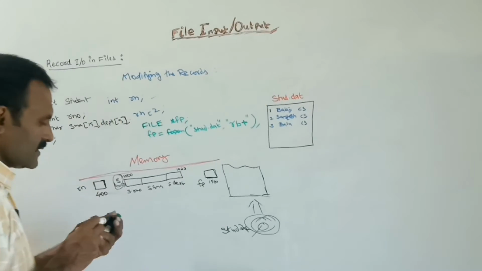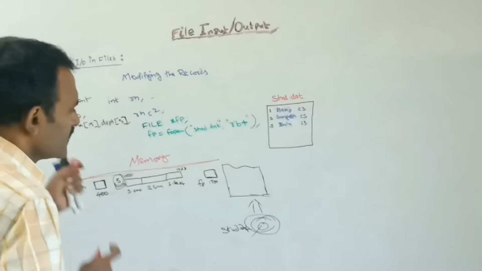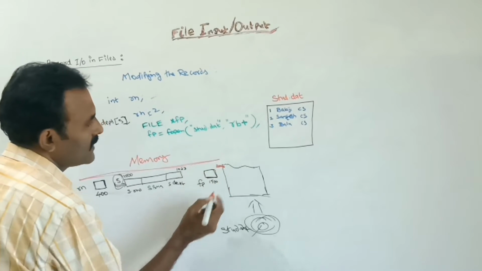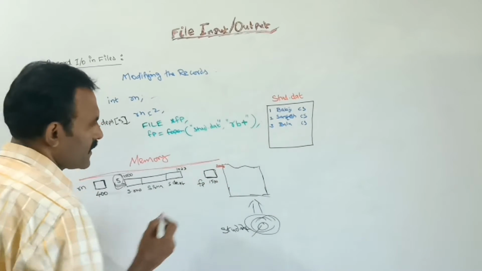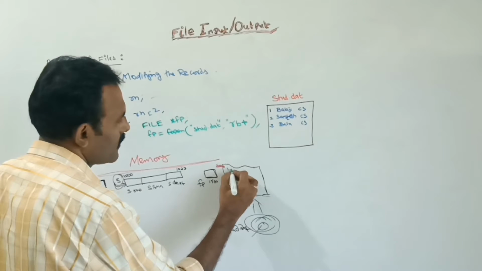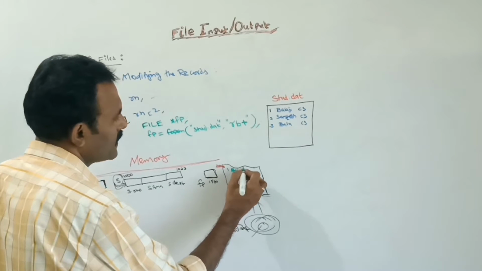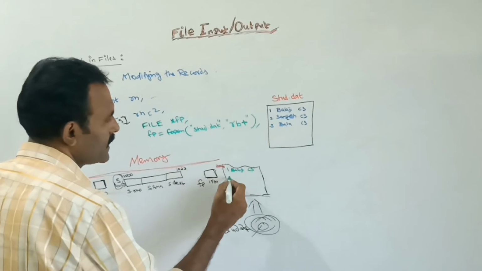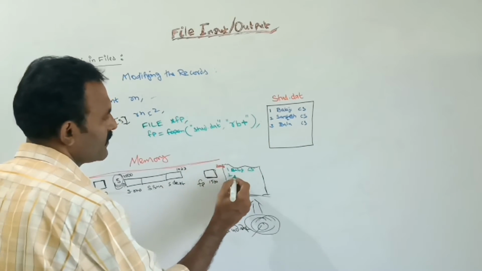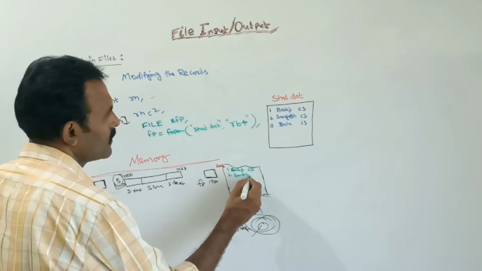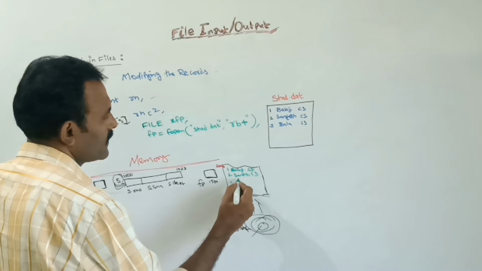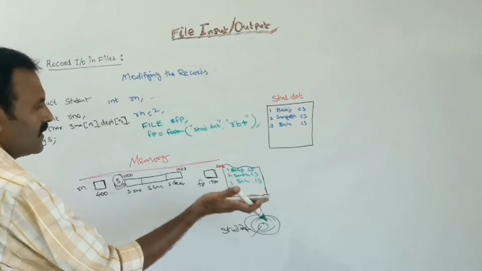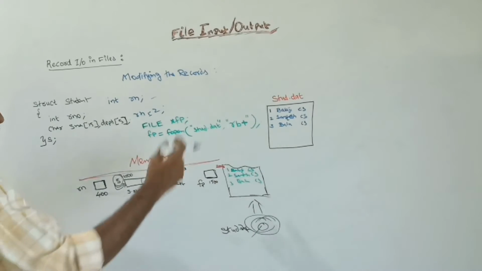The starting address, let us assume this one. Suppose it is starting from 2000, so the starting address, that is the very first record: one, name Balaji. Next, that computer science, CS, this department. Next, this content was loaded to the buffer. Next Santosh, next CS, next Balu, CS. These 3 records were loaded from the disk to the buffer.